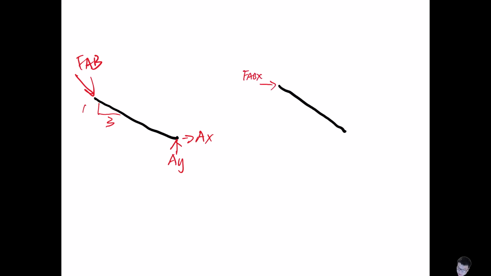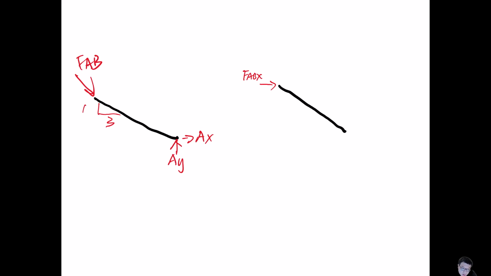Here is a member AB. And the same, we can decompose FAB into FABX, FABY,